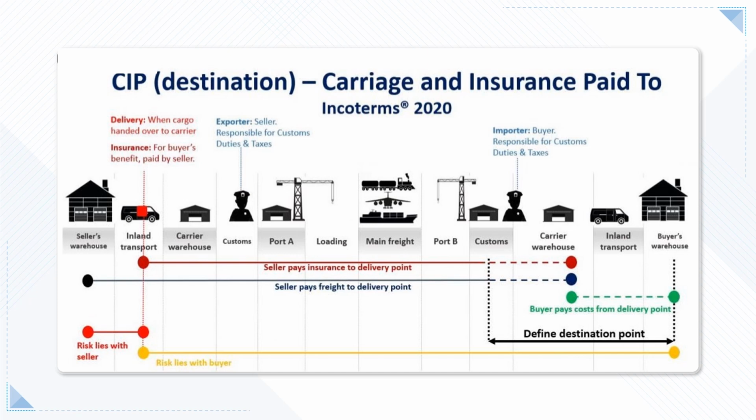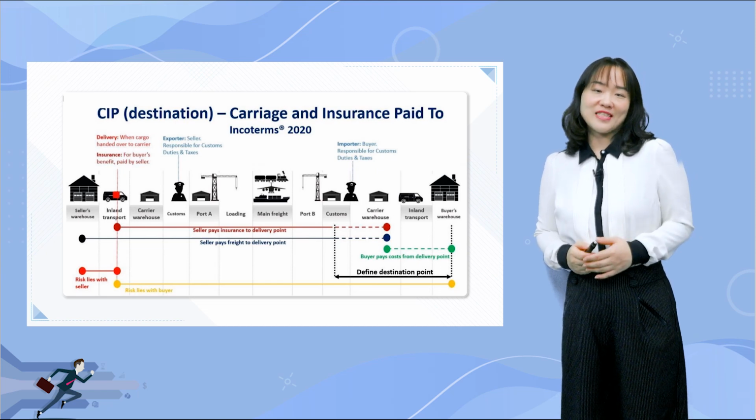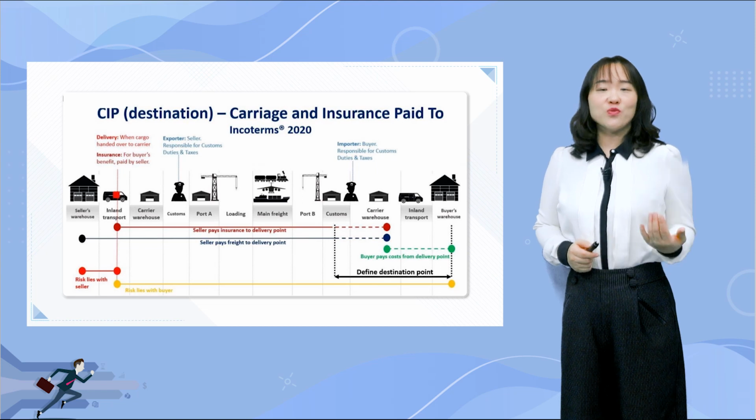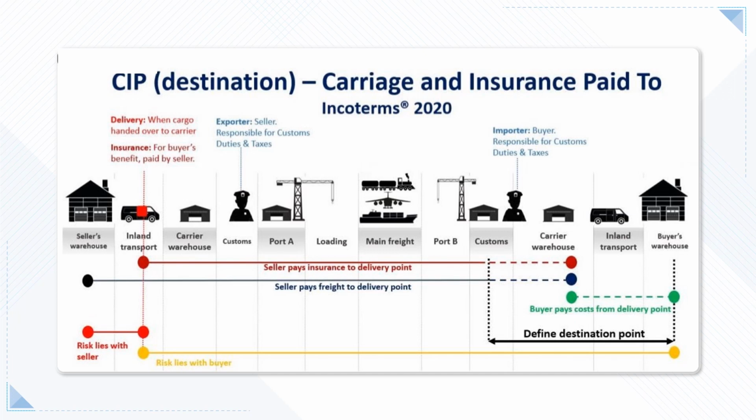CIP and CIF are the two terms that define risk and insurance separately. As in the case of CFR and CIF, I in the CIP stands for insurance, which in turn means CPT does not include insurance. In this instance, all you need to remember is that I will always stand for insurance. These are the Group C rules. You have to remember, under C group terms, the transfer of risk and the cost from seller to buyer occur